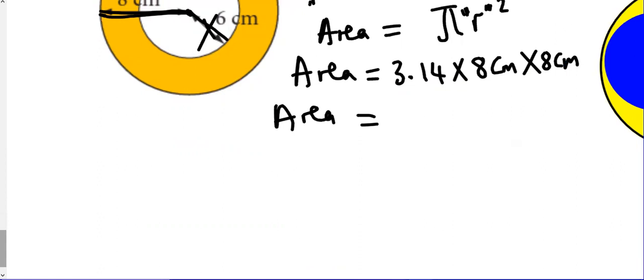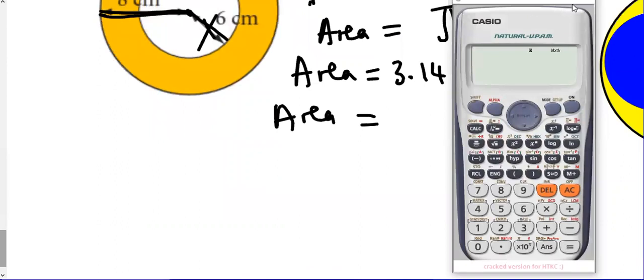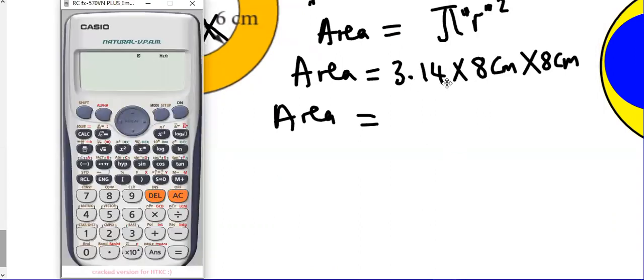But otherwise, let me see if that's going to work here. So let us go to the calculator. We have 3.14 times 8 times 8. So you go ahead writing 3.14 times 8 times 8. Can you see that? It is equal to